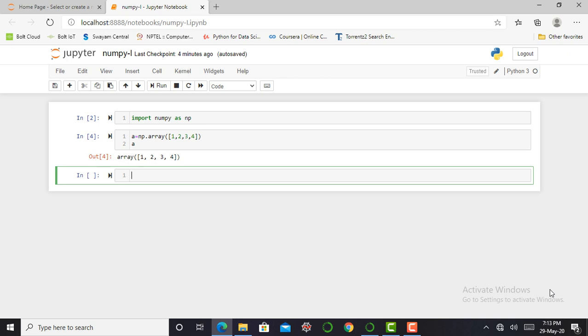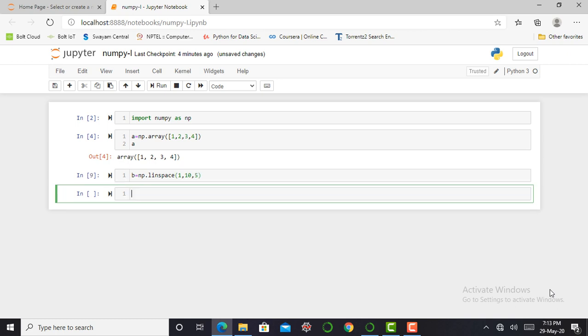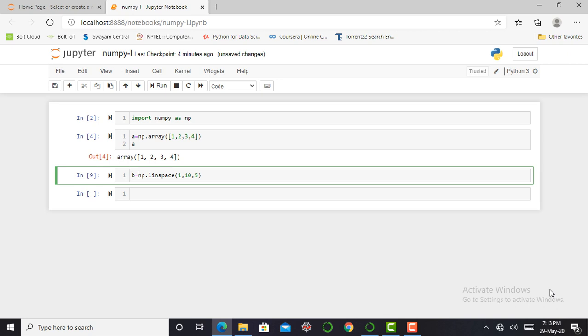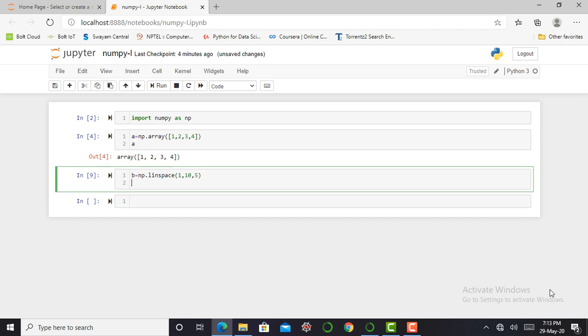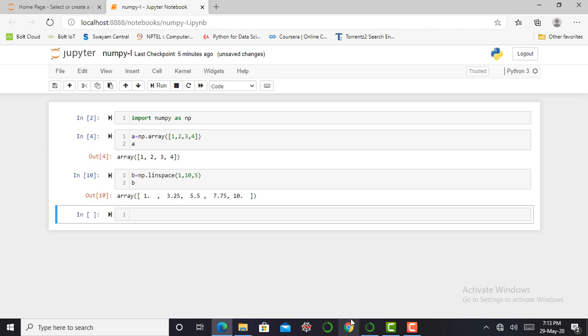So let's create an array using the linspace command. p is equal to np.linspace, 1 to 10. The linspace command equally divides 1 to 10 into 5 divisions. You can see that it is equally distributed from 1 to 10 in 5 divisions.